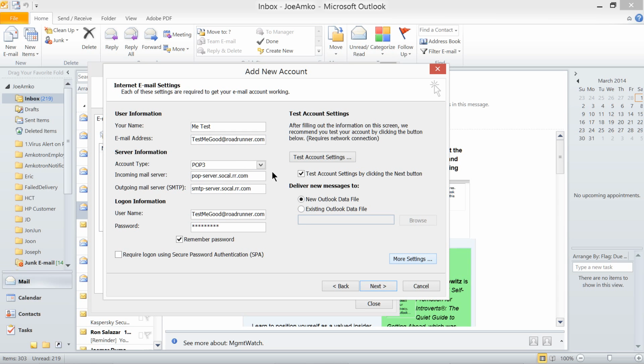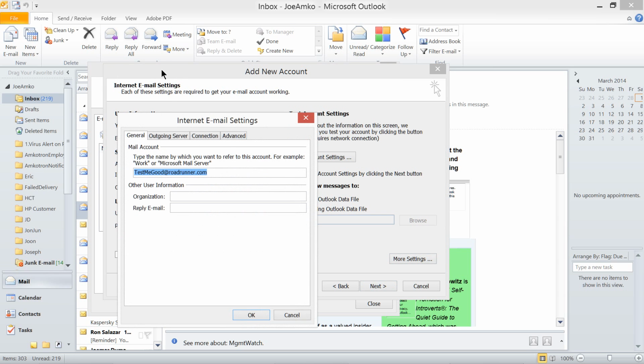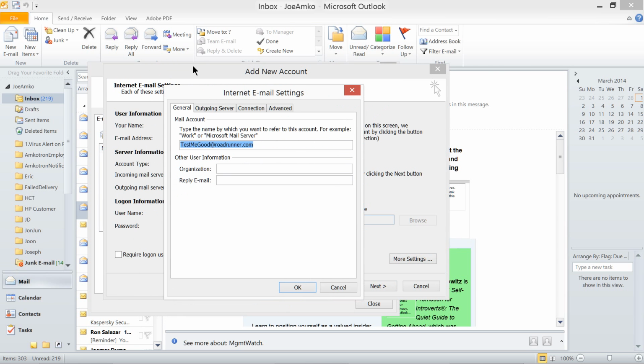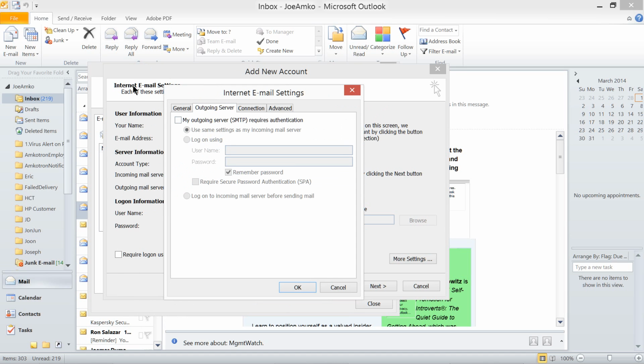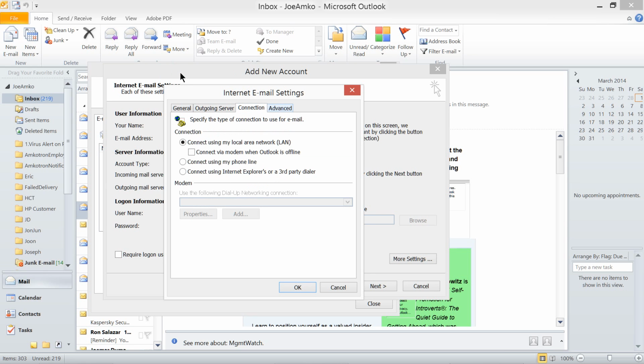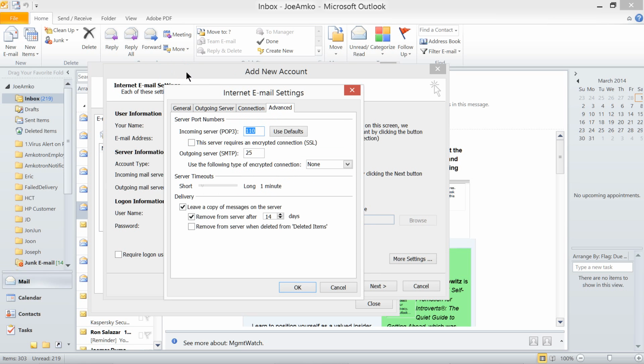And then furthermore, before clicking next, go for more settings. It depends on your email server. Some require that outgoing servers require authentication, but it looks like this email server doesn't require that. And then go to advanced. For encryption, it depends on your service provider for email.